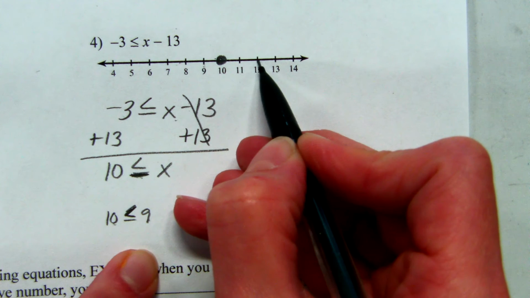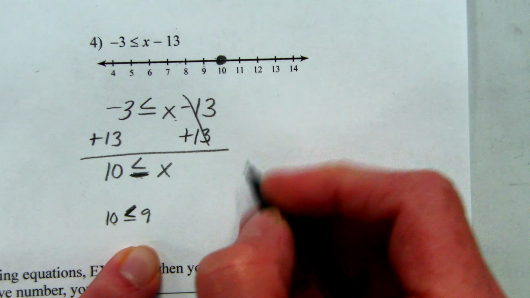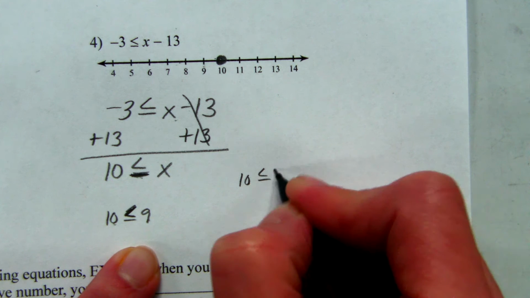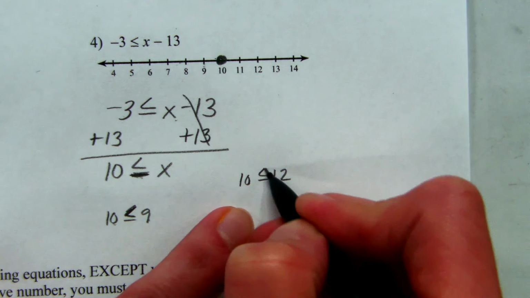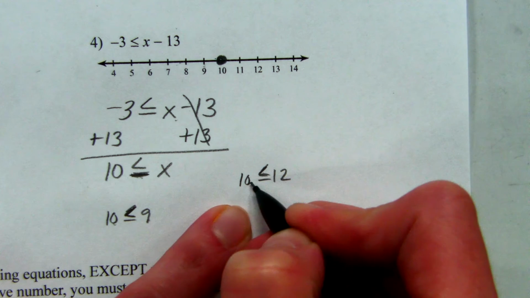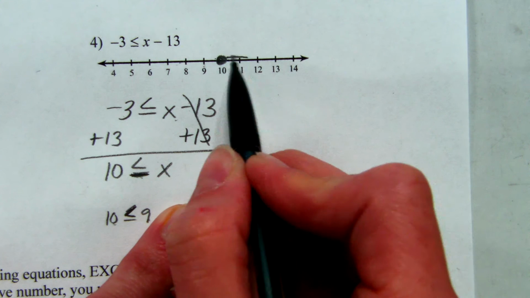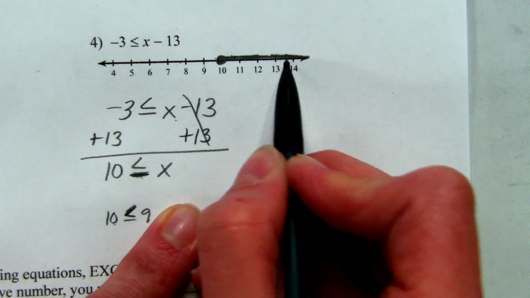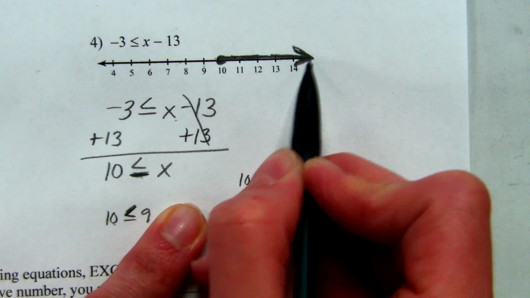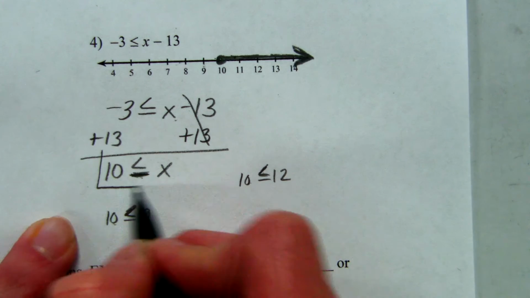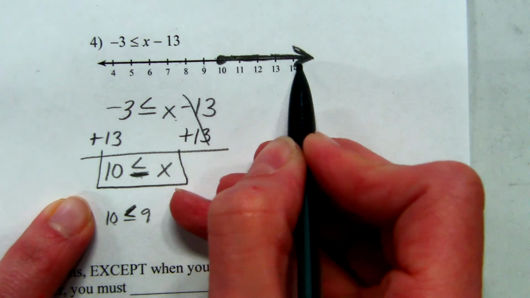Let's try a number on this side. Let's try 12. So if I put 10 is less than or equal to 12, does that work? Yes, because the 12 is bigger than the 10. And so that lets me know that the numbers on this side are the numbers that work. And so using a test point is a nice way to know that you've shaded the correct part of the